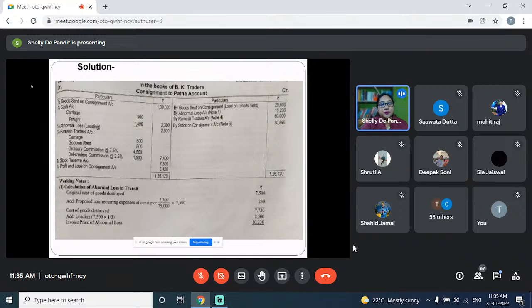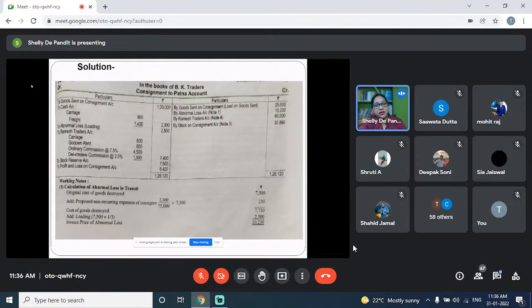So cost of goods destroyed 7,730. Now we add the load. Okay, so what was the load? Load was in a very simple way. You can do it on your own in any way. 7,500 into 1/3. That is the easiest thing, because what we did to find out the load of goods